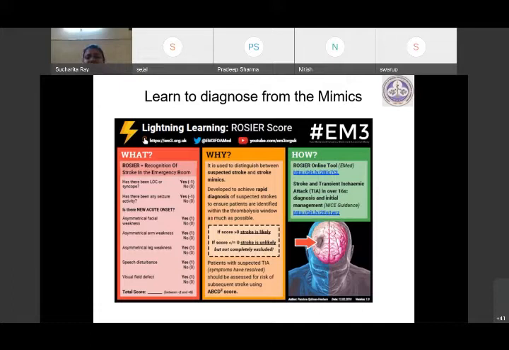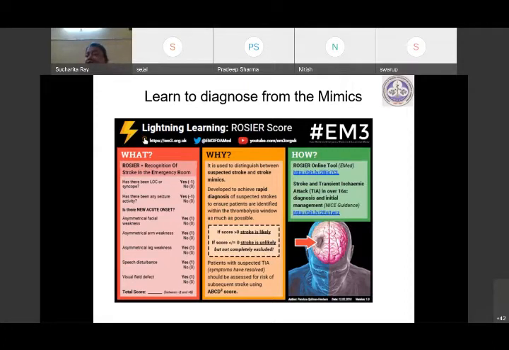So components of the FAST, that is weakness of face, arm or leg, disturbance in speech and vision. These are some of the acute onset signs. But in addition, you also ask for presence of any seizure-like activity or any loss of consciousness or syncope. If the answer is yes to any of these, stroke is very likely, and this usually helps you to differentiate from mimics. Now remember, when you have seizure activity, it has been given a score of -1, but remember that sometimes